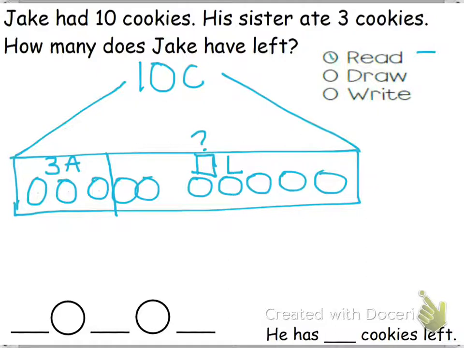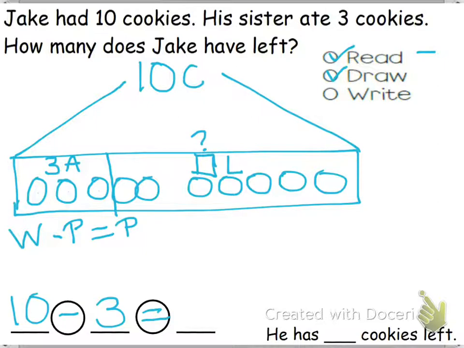Good. So now we read our story. We read our word problem. We drew our picture. Now we get to write our number sentence and our statement. So, we know that subtraction, your whole is first. So it's your whole minus your part equals your other part. Okay? So that's going to be super important. Your whole has to be first when you're subtracting. What is our whole? 10. Good, so it's 10 minus what is the part that sister ate? 3. So 10 minus 3 equals,